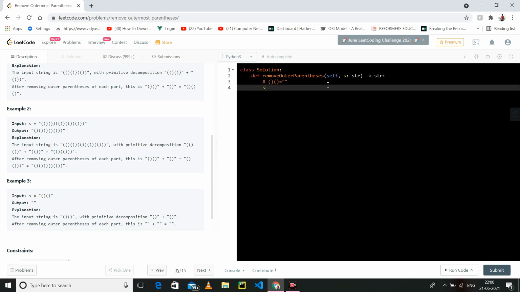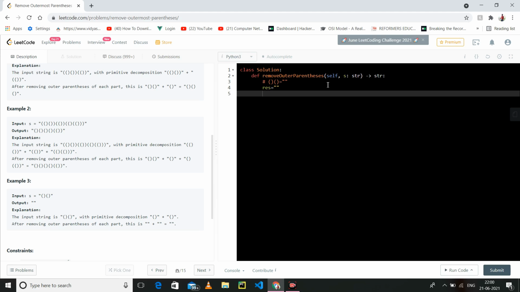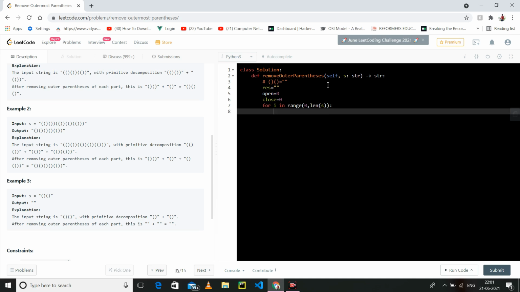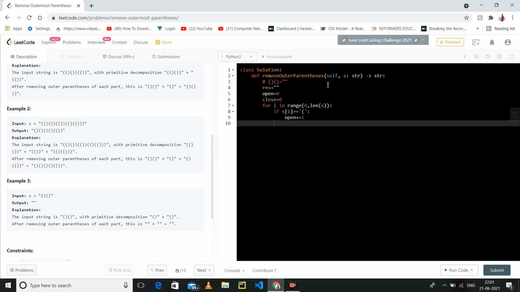So let's code it. This is the result string which we will return, and this is the open and this is the close. Let's run a loop from 0 to the length of s, and if our s of i is an opening bracket, then open plus 1.